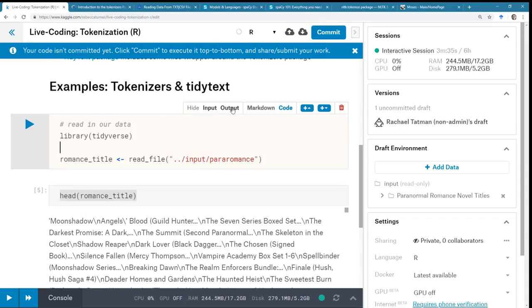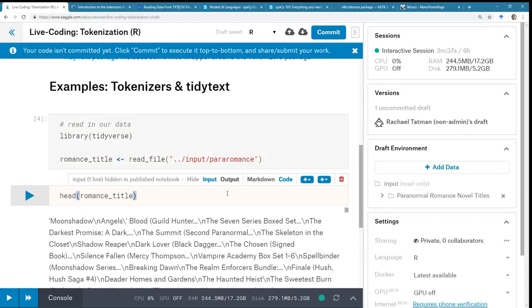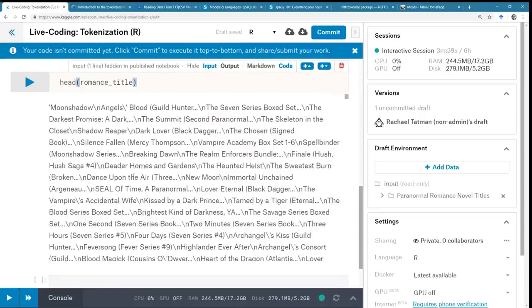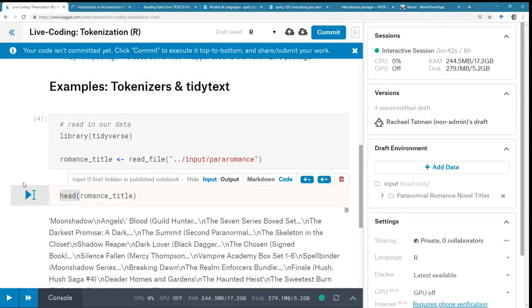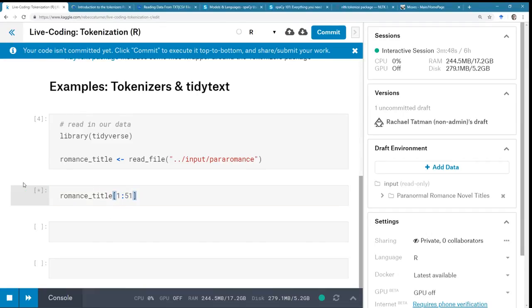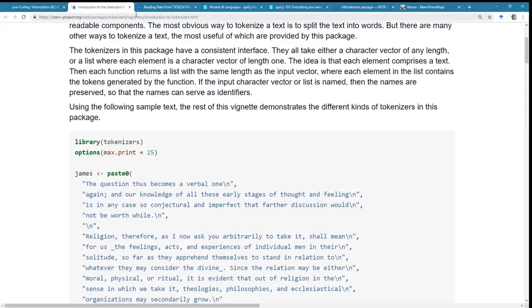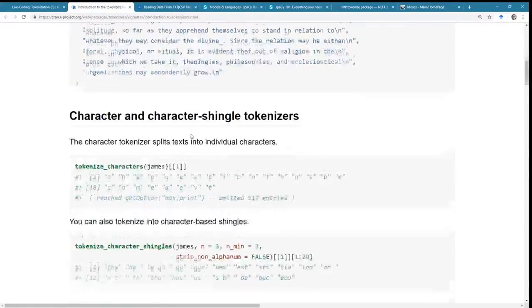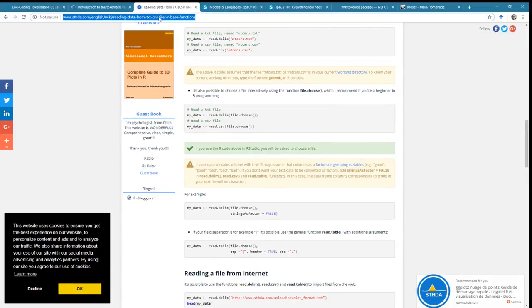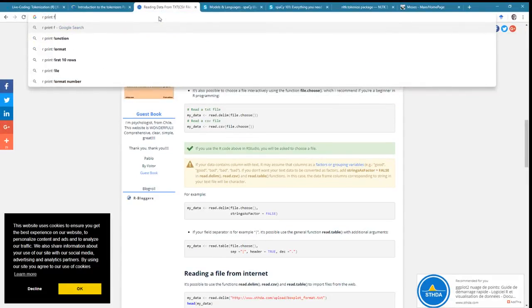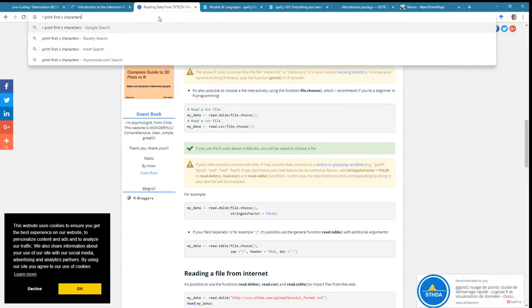And I am going to hide the output of this cell, and then I'm going to look at the first 51 characters again. No, that's not gonna work. Oh my gosh, how is it that you look at just characters now? R print first X characters.